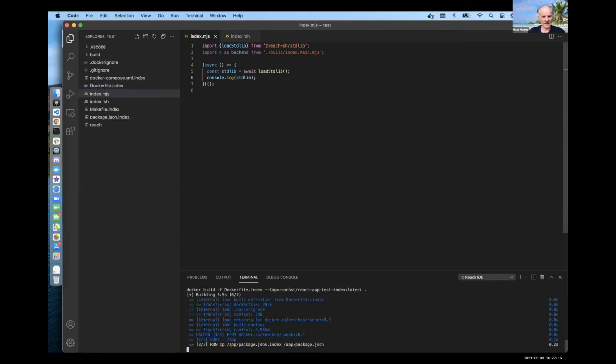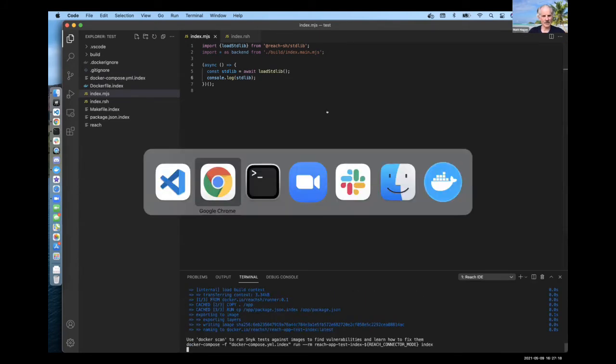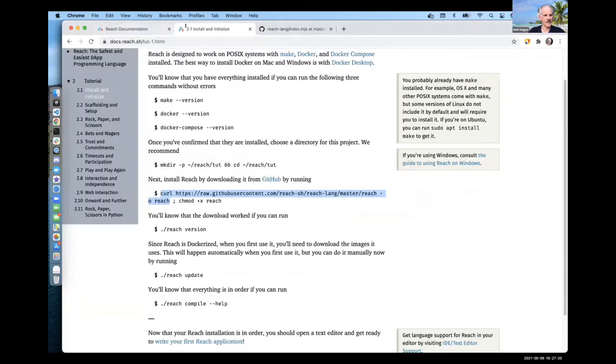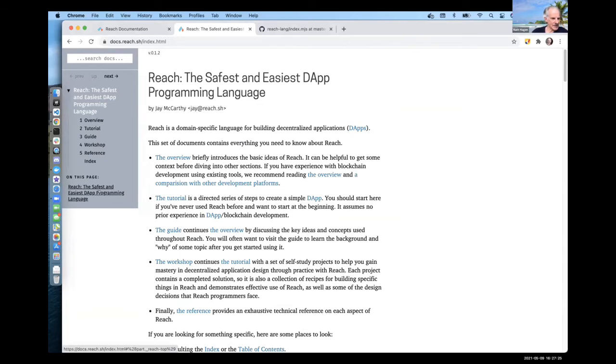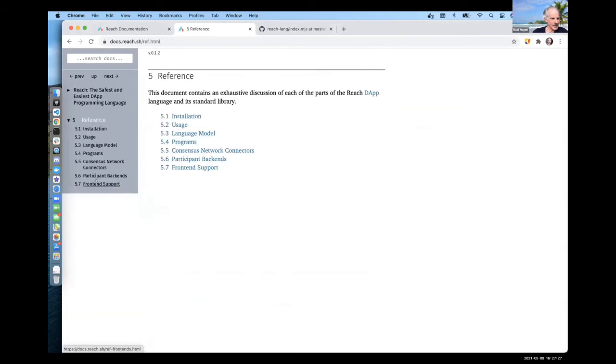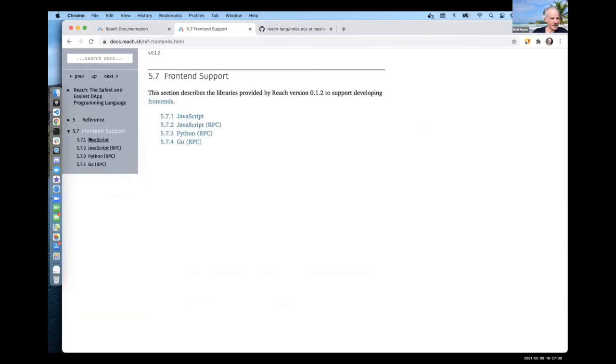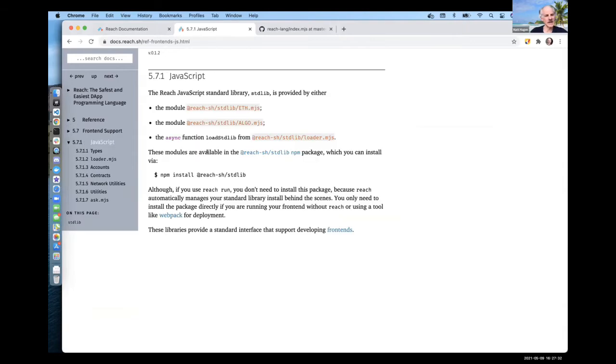And run that like this. And while we're running that, let me jump over to the documentation. And in the documentation, in reference, in the front-end support section in JavaScript,